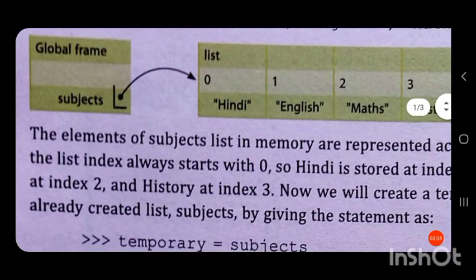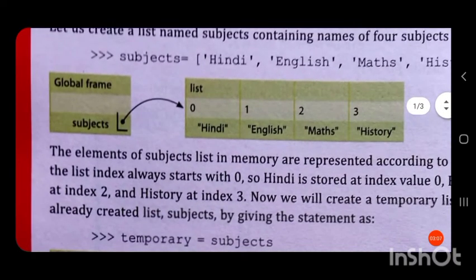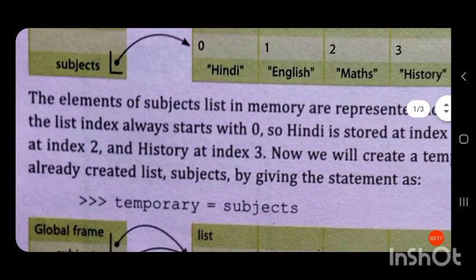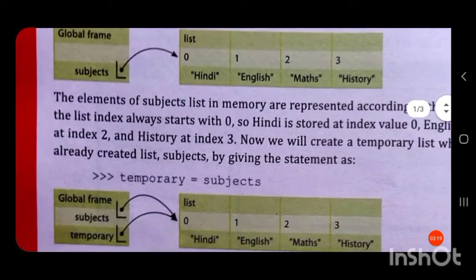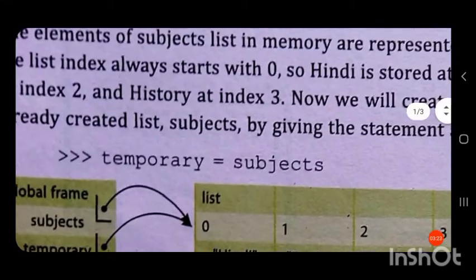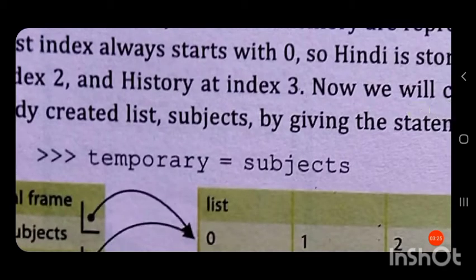The name of that new list is temporary. So temporary is the name of the new list that we are creating by copying the contents of the list subjects. That can be done by writing the statement temporary equal to subjects.